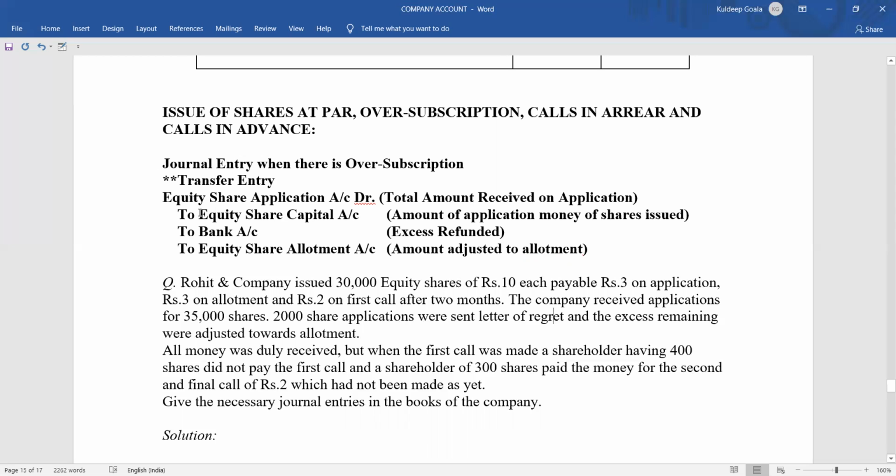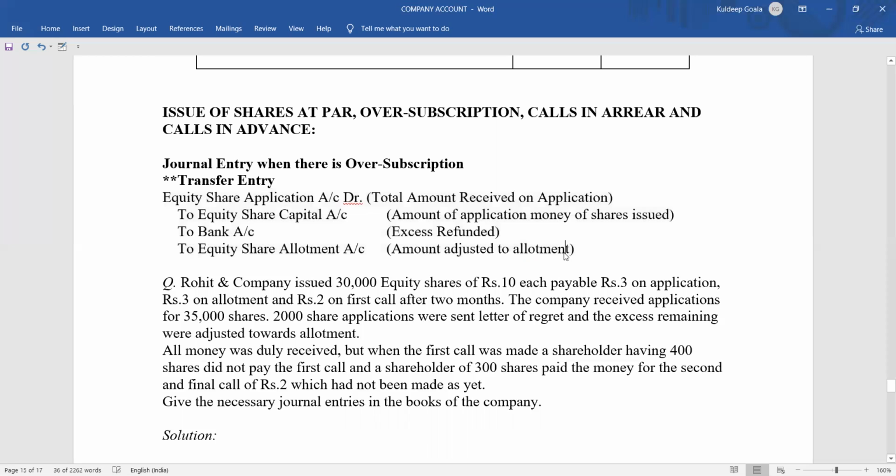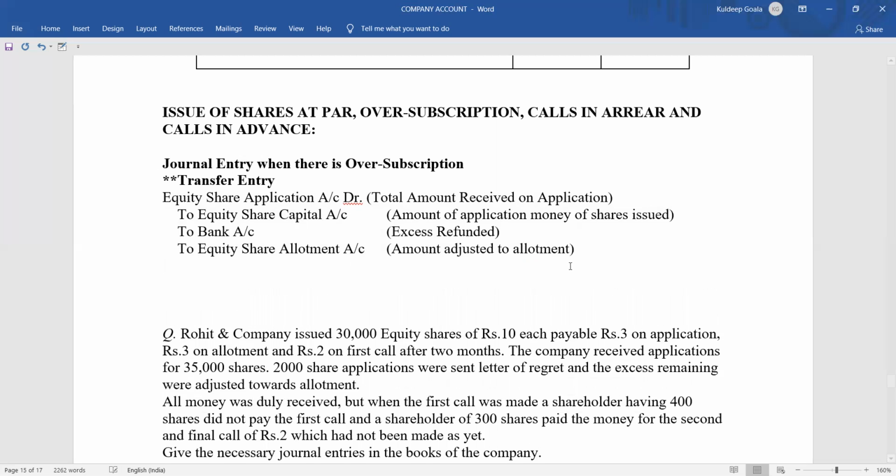Okay, so this is how the entry will look like. ठीक है, इक्विटी शेयर एप्लीकेशन अकाउंट डेबिट टू इक्विटी शेयर कैपिटल अकाउंट टू बैंक अकाउंट इक्विटी शेयर अलॉटमेंट अकाउंट और फर्स्ट कॉल एंड सब्सिक्वेंटली. राइट, ये हो जाएगा एडजस्टमेंट वाला. ठीक है, क्लियर? नाउ अनदर थिंग यू शुड नो अबाउट